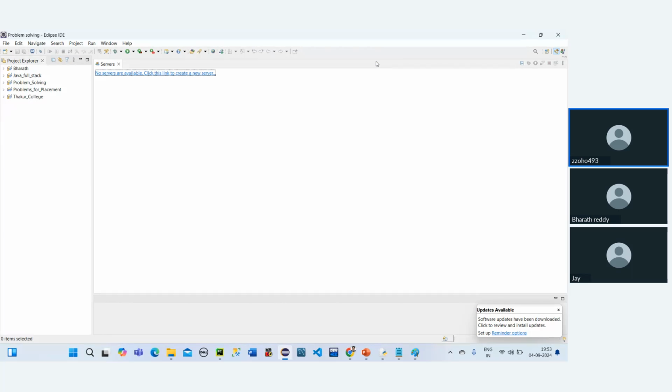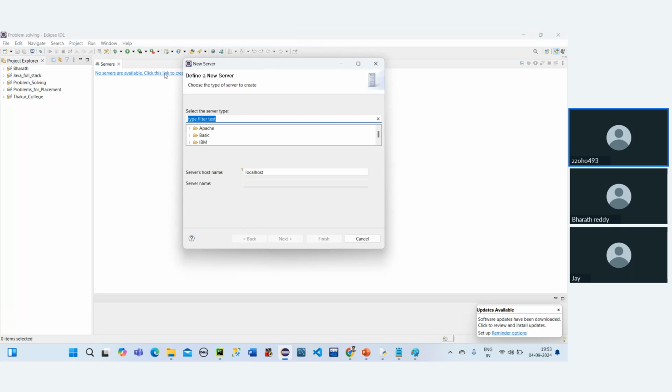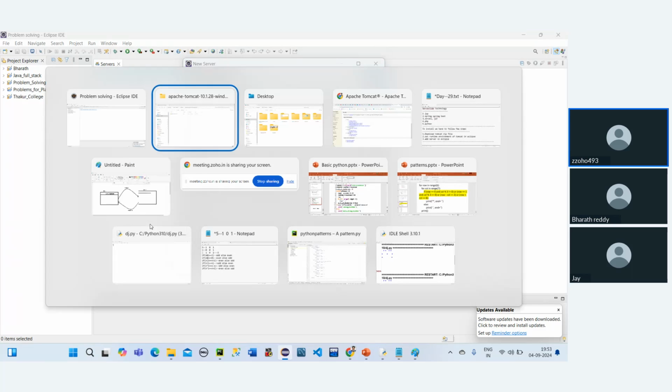Now what I have to do here is click here, right? Click this link to create a new server. I'm clicking it. What is the third step I said? In the notes, it will be